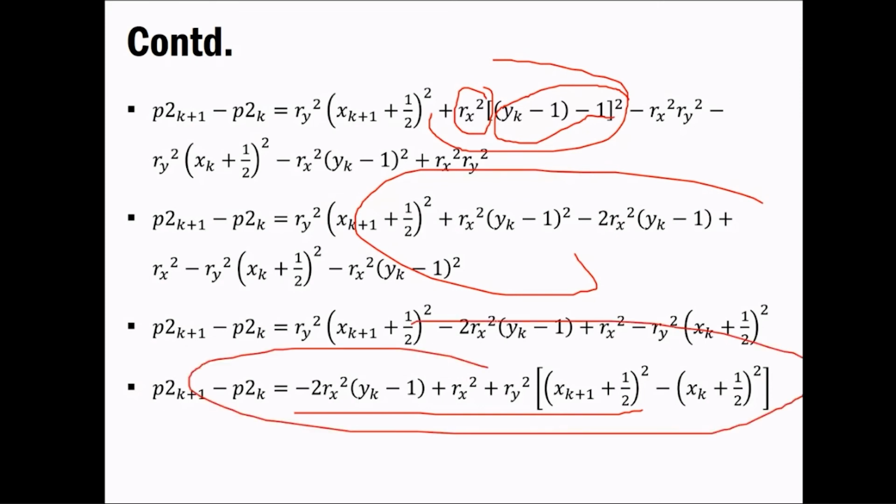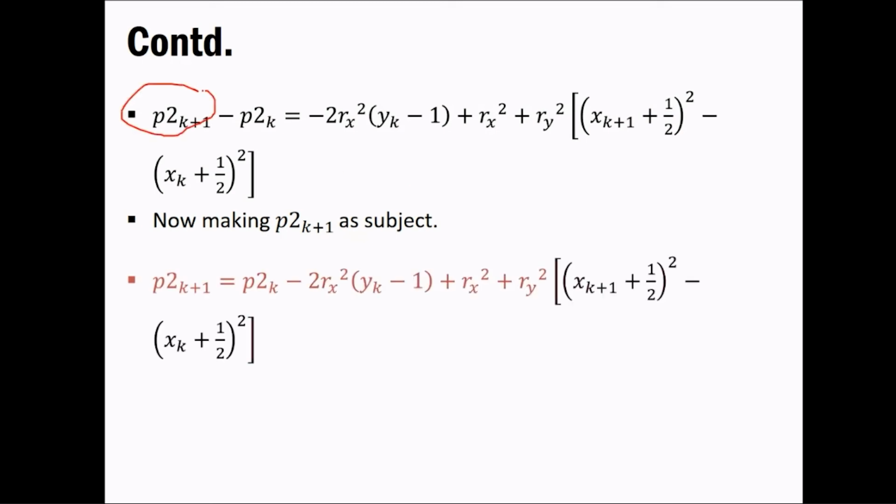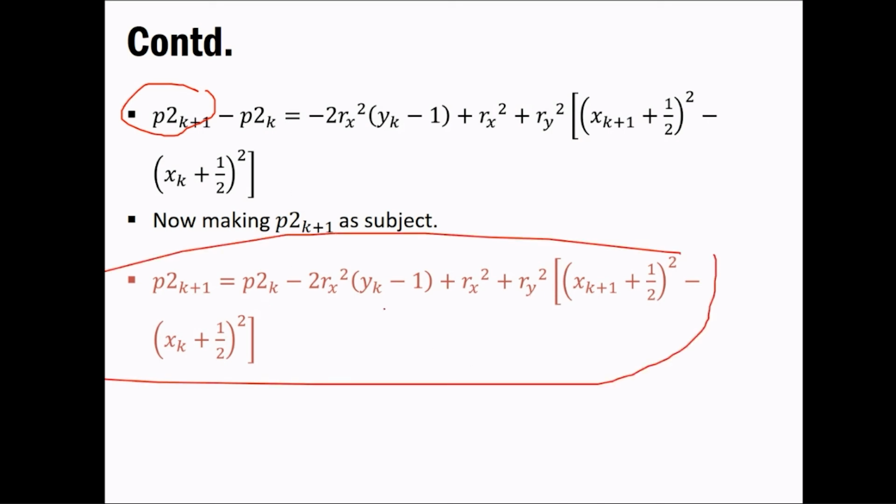If you are not able to simplify this thing, you just write down this particular equation, and then we'll go further with this equation only. Okay, because for today's lecture we have to see the complete algorithm also. And yeah, this is the thing that we have with us right now, and making this thing as a subject. Okay, so you'd be remaining with one particular thing, that is we have taken this thing on the opposite side, that is plus p2k, and the remaining thing that you'll be having is this particular thing. So keep this thing with you and write it down in your notebook also.